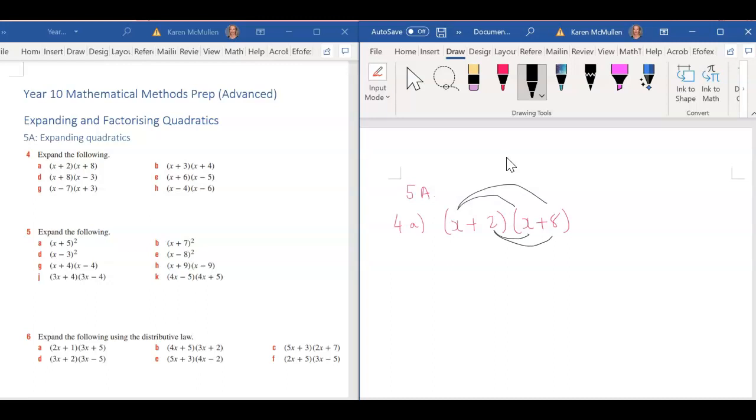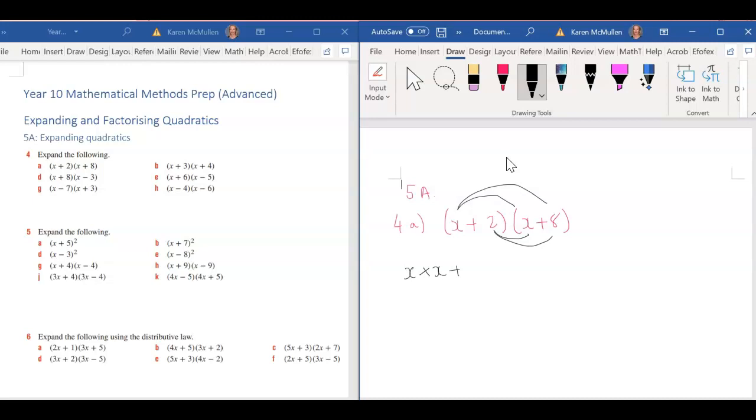Okay, so drawing these arrows or these lines just reminds you not to forget anything, because when we're expanding, sometimes students rush and they forget something. So just drawing those lines probably takes you 10 seconds to do, and it's just a quick reminder not to miss anything. All right, so what this basically means is we multiply the first term, so the x times x,